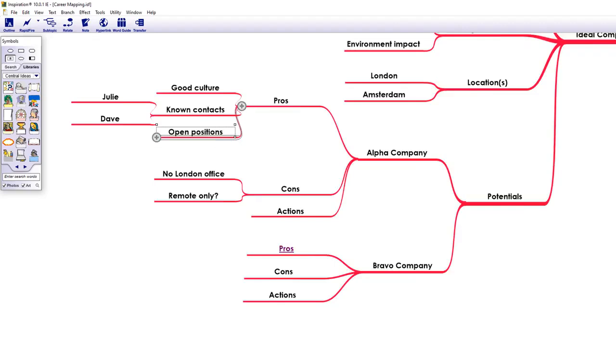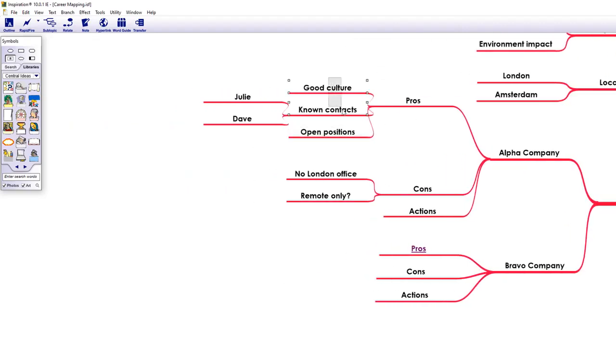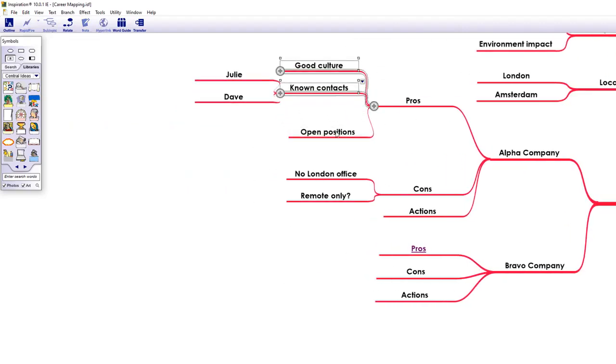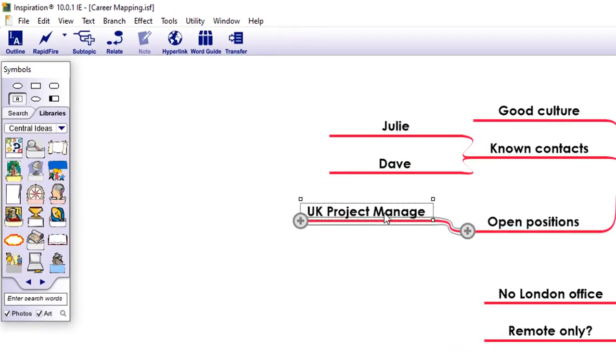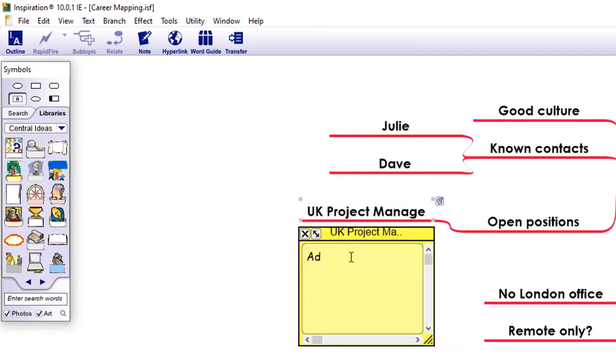But more importantly, here's where we might also start to leverage some additional functionality within Inspiration to pull more useful information into this career map so that we keep everything we need in one easy to access place. Using the Notes feature within the software, I can add additional information to any topic in the mind map.